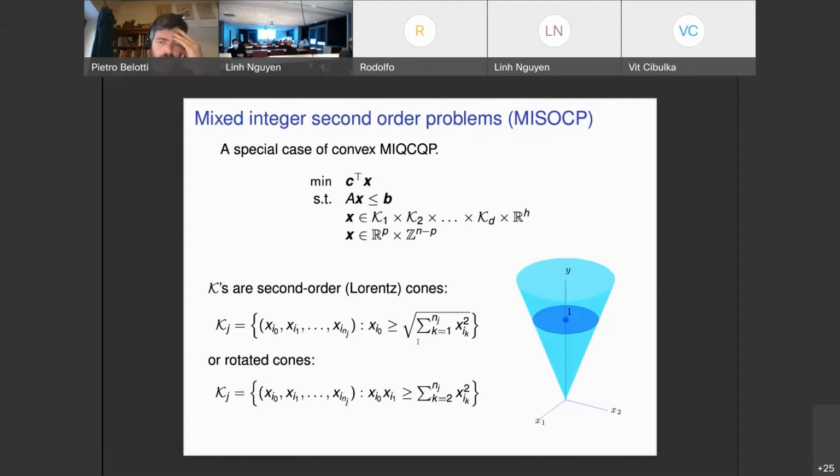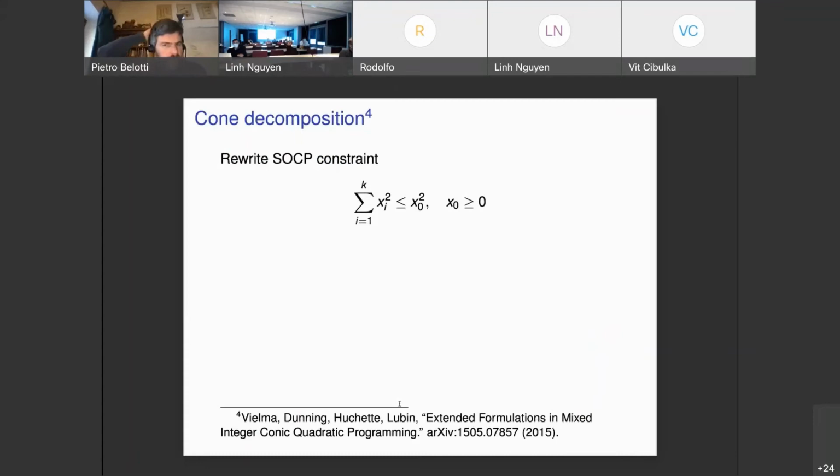Then you can do a lot of different interesting things. I give again here the definition of second order cones, but right now, between Miguel and Erling's presentation, I think we already know what they are. But basically, the difference between the second order cone and the rotated second order cones is just the fact that on the left hand side here, I only have one variable or a product of variables. But what is really interesting in these cases is that